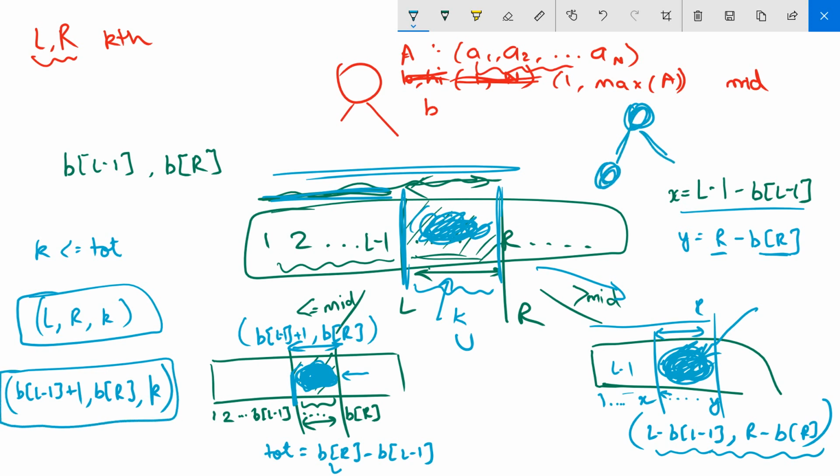But what if you have to move to the right node? You move to the right node when k is greater than tot. Tot is basically the number of elements which are going to the left subtree from your subarray.